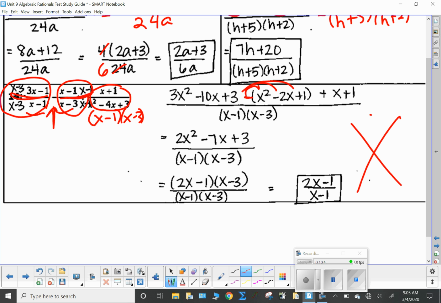2 times 3 is 6. Factors that add up to negative 7. And I have a 2x up front. This is going to wind up being negative,